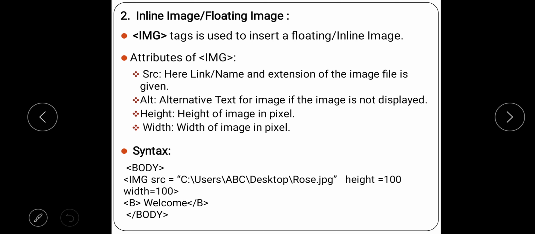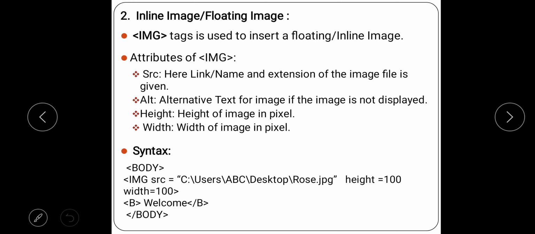So I hope src is clear. Source means the file which we are going to use in the code. Then second is alt. Alt is the alternative text given for that image. Suppose due to some reason your image is not displayed on the web page. So the user should know what exactly the image is all about.